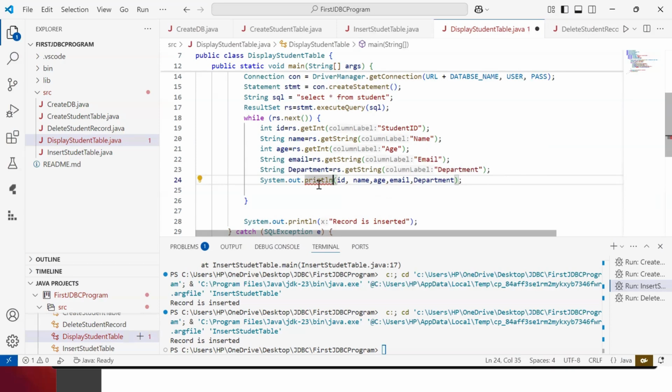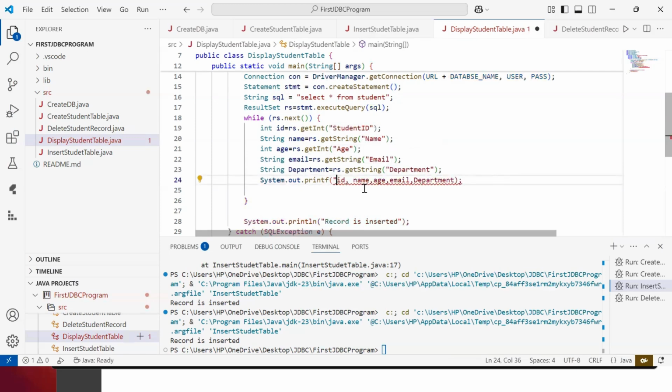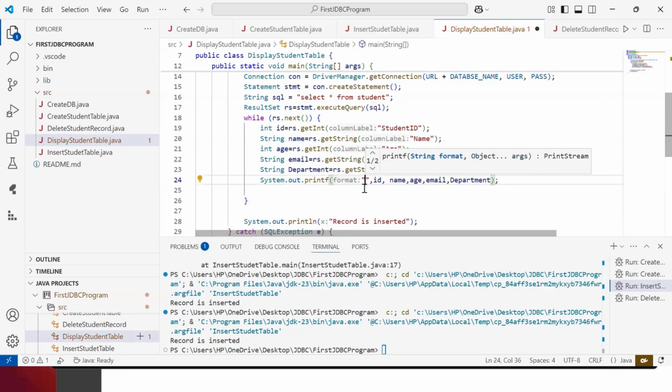System.out.println. We can use printf. We want to use printf. Okay. String format, then arguments. So let us give the arguments and string format, double quotes, comma. So I want to display them in a fashionable format. So I give %-9d, then a pipe symbol, so 9-digit ID. Then we have a %-10s, then